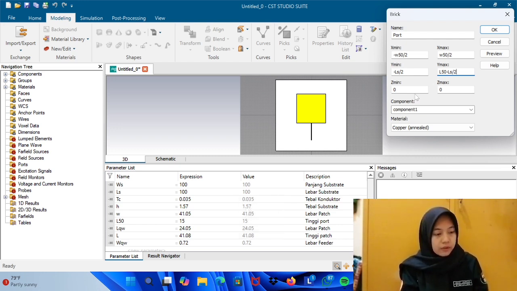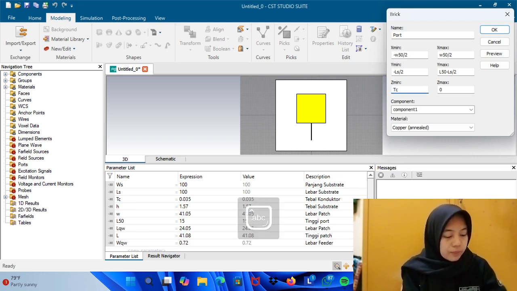Zmin TC plus H again. For Zmax, TC plus H plus TC again.